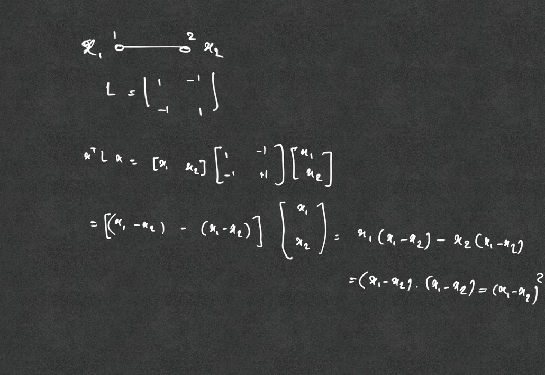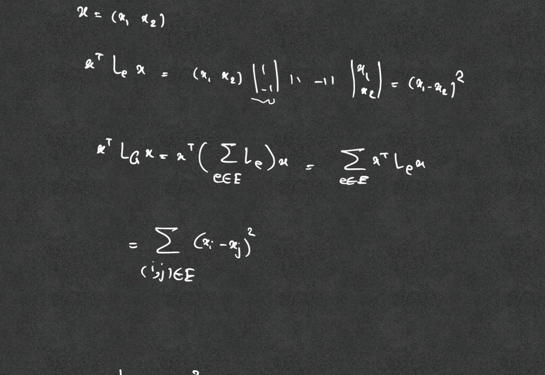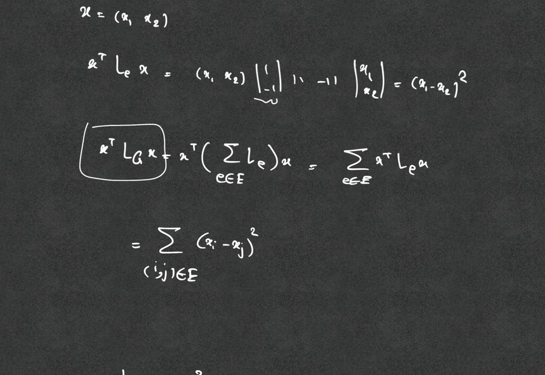So one thing you can conclude here, and it's important, is that the adjacency matrix for this simple graph was 0, 1, 1, 0. So you have this for every edge in the graph, not for every one in the adjacency matrix. Also note that this was a customly selected x, so for any x, this is going to hold. And this is another indication that the Laplacian LG is positive semi-definite.